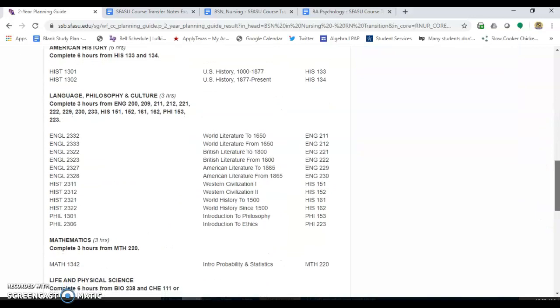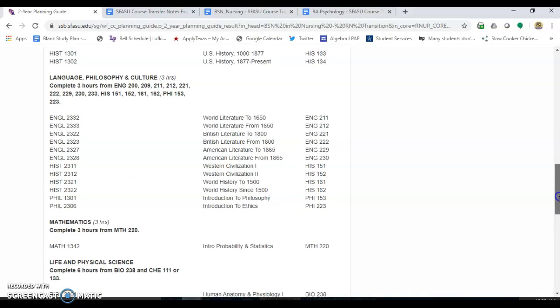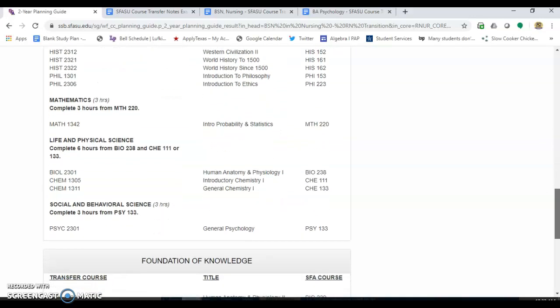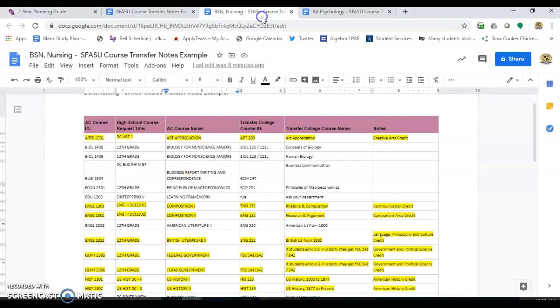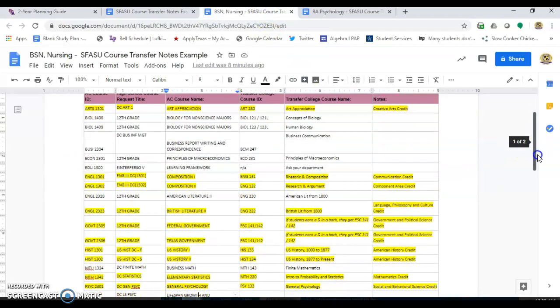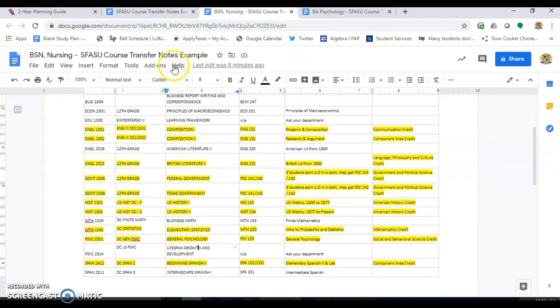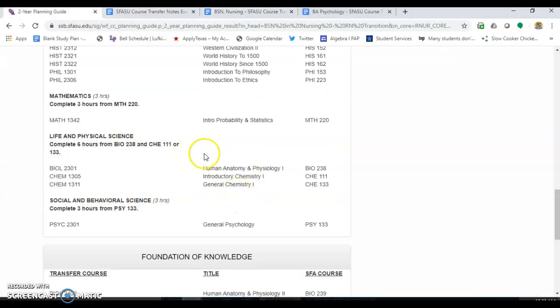Government, American history is the same. Looks like language, philosophy, and culture is the same. But you'll notice when we come down to math, whereas you had a lot of different options in the BA psychology, you could have taken finite or stats or college algebra or calculus. For a BSN in nursing, they only want statistics. And thankfully, that is the statistics that we offer. So you could mark this over here if you were a BSN,